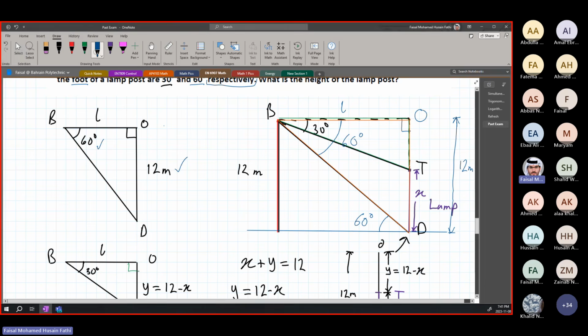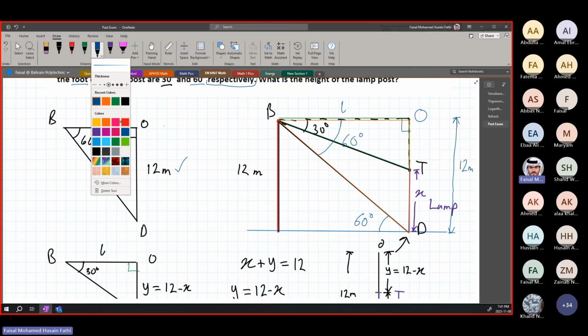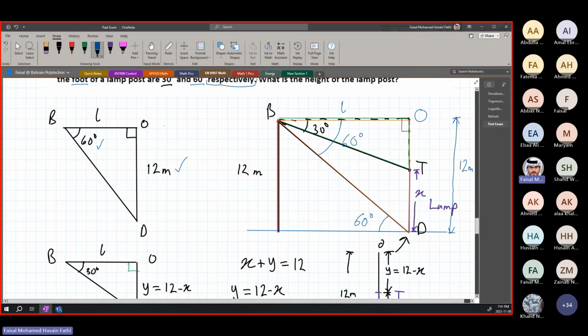So what Khalid did is basically he took this angle here. This is a 90-degree angle, the whole of it. So if this is 60, this has to be 30, 90 minus 60. And here we have 60, the total angle. And this is 30. So we know that this angle over here, the smaller angle, is also 30.